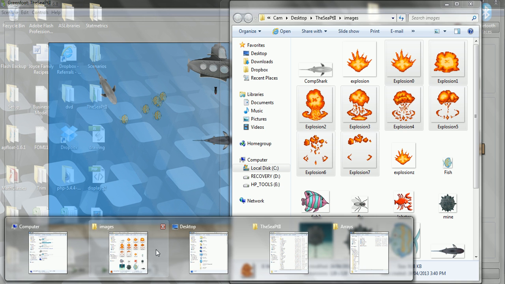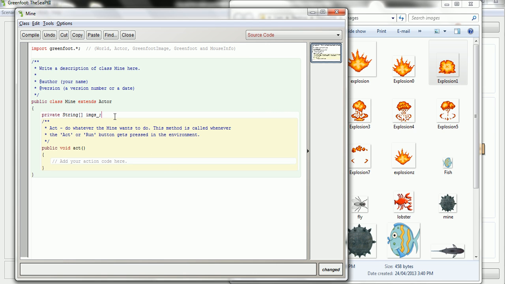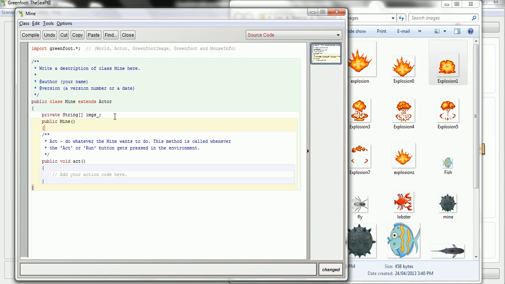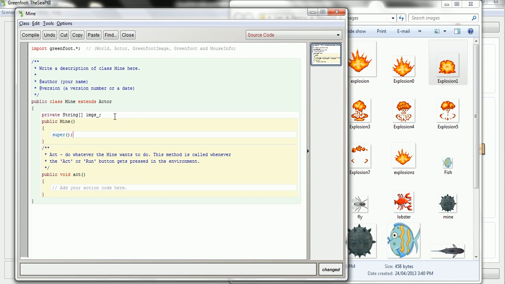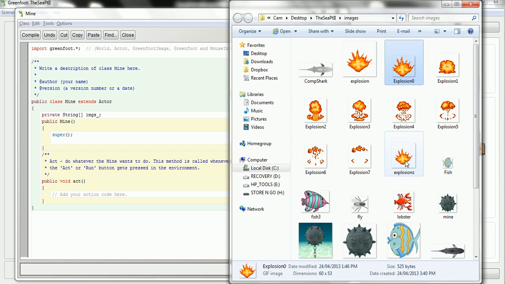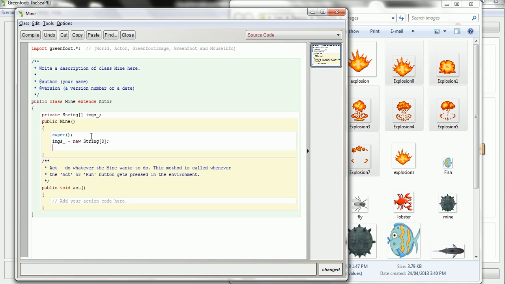Now, one thing that I did when I was digging them up was I named them, it's convenient the way it started here with explosion 0, 1, 2, 3, 4, 5, 6, 7, because then I can write a loop in my constructor. So I'll just pause for a second here and show you what I mean. So now what I'm going to do is, I know that there are 8 images to run the explosion. So I'm going to create this array. So images is a new string array, and I need 8 slots for it. Then what I'm going to do is run through with a loop,